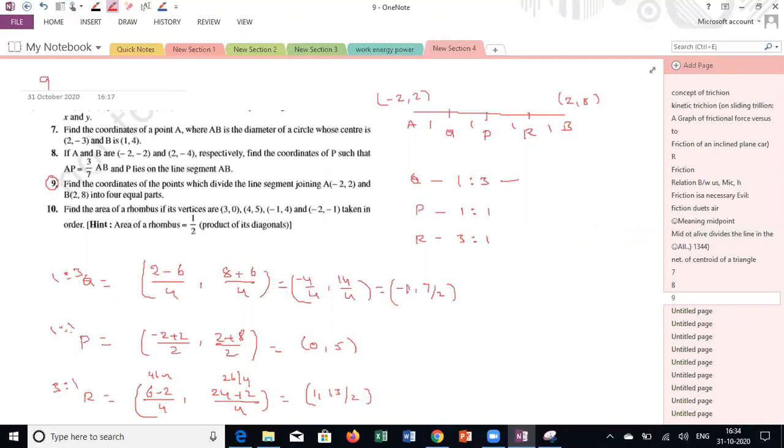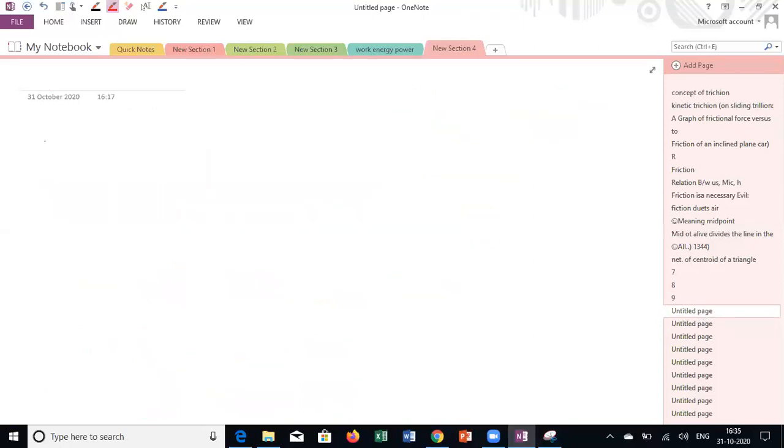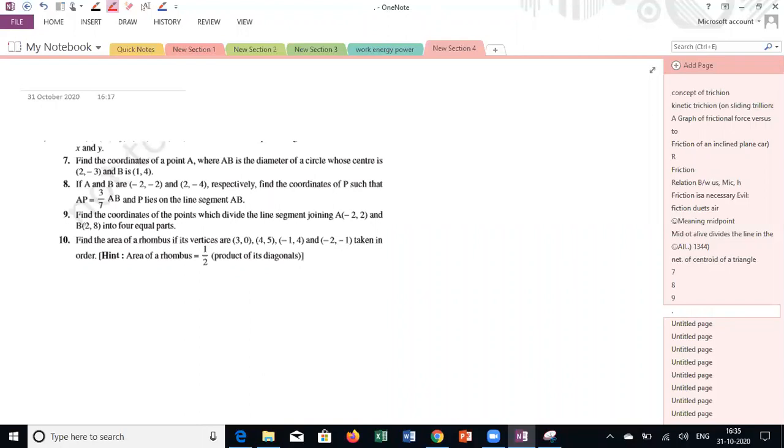Got it? How to do this question? Yes, sir. See, 10th question is almost all out of the syllabus. It is asking the area of the rhombus, but actually, is there any way we can do it using the distance formula without the area of the triangle concept? See, there is a concept of area of the triangle using coordinate geometry. Without using that formula, is there any possibility? Sir, if you find the length of the diagonals, we can do it. Correct. If you find the length of the diagonals, draw the